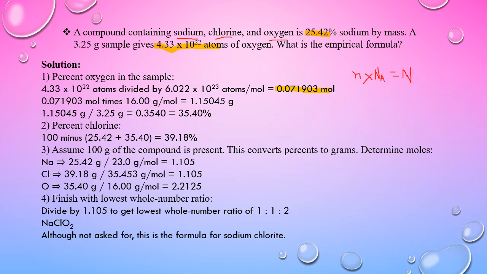You can see here in the given data we have only the percentage of sodium. We need to calculate the percentage of oxygen, and as I told you that if we get the percentage of two elements, then the total percentage we can subtract from 100 and we can get the percentage of the third element. Okay, तो ये clear हो गया. तो हमने with the help of given atoms we have calculated the number of moles. Number of moles हमें पता है तो उससे हमें मिल गया amount है तो हमें पता चल गया कि कितना percentage है.